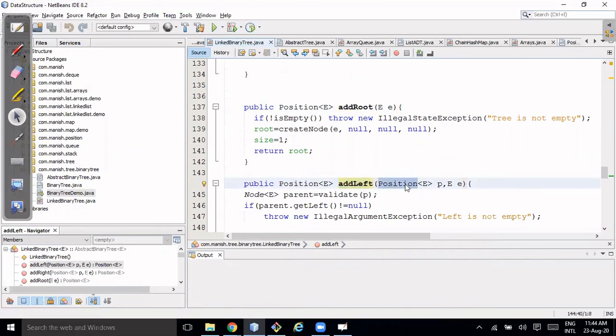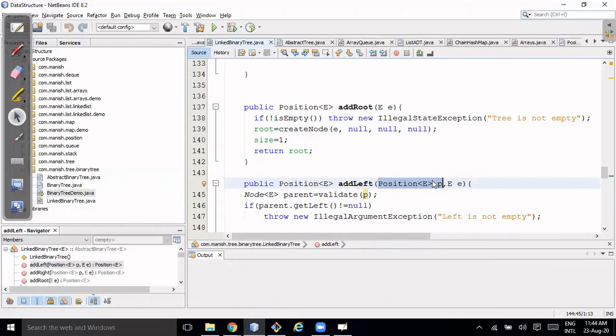I'll go to the add left. I'll pass this position, which is for the root, and the root has one node, and that node has a value of 3. I want to add 20 to the left side. So I'll first validate whether the position you are passing is valid or not. If it is not valid, it means you are passing me the wrong object.